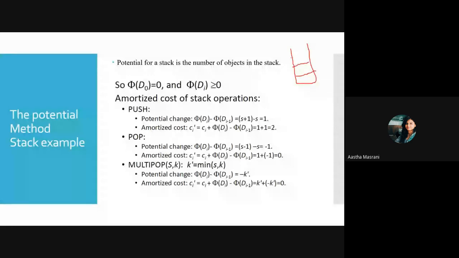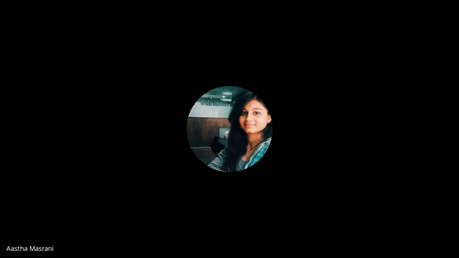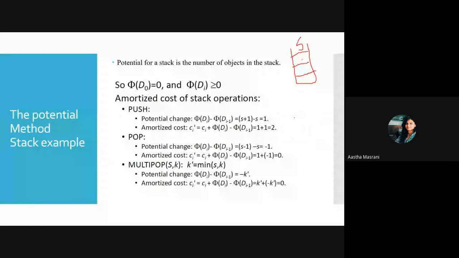This is the stack. What is the cost of the whole stack? We don't know, so can I represent it as S? The whole cost of a stack data structure is S. So when I'm pushing any item into the stack, it will be S plus 1. The change when pushing an item into the data structure is S plus 1 minus S.